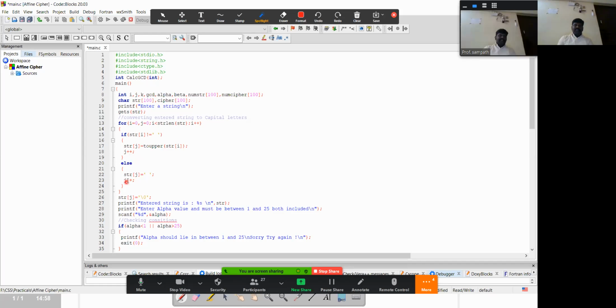Otherwise, if the characters are already capital letters, it will simply ignore them and move to the next letter. If it is a capital letter or a blank space, it will simply move to the next position. Is it clear? Till this part,